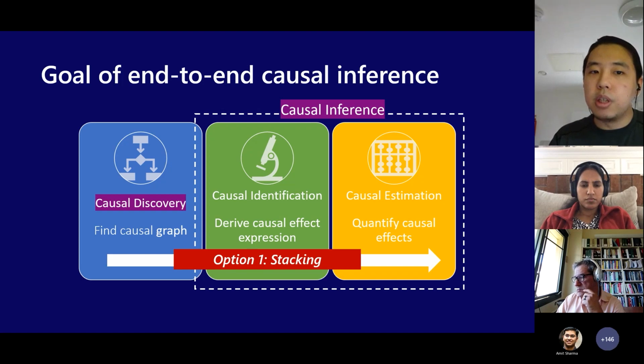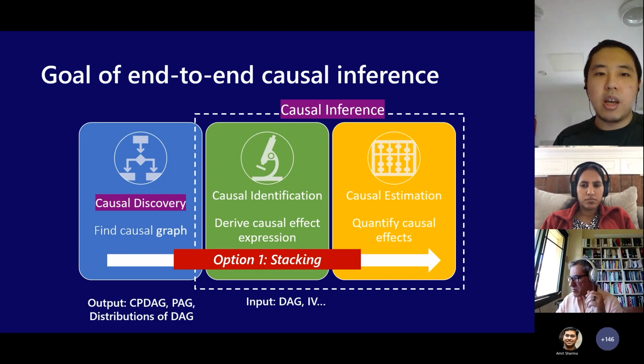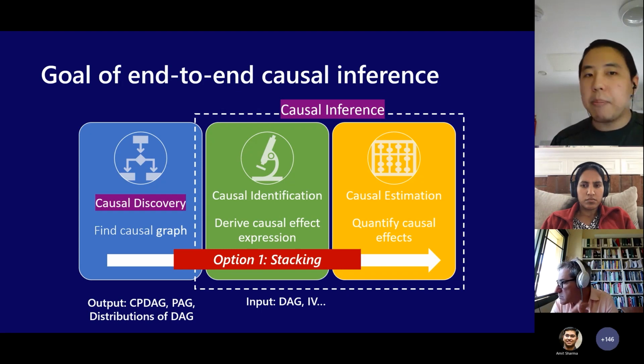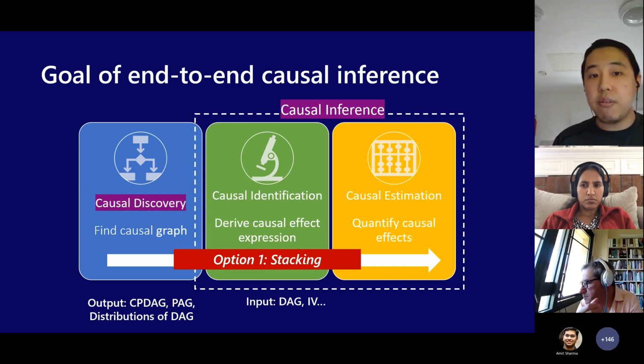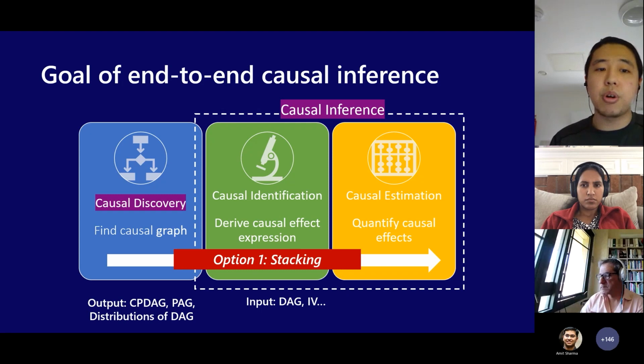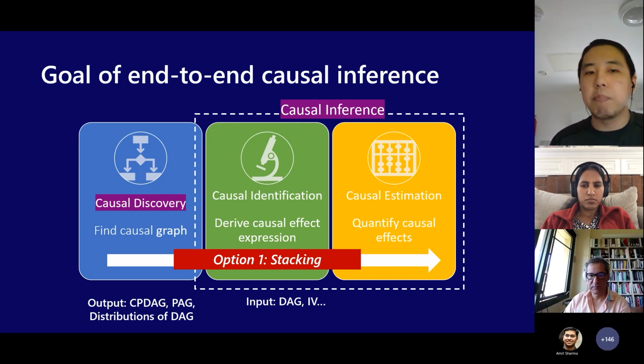But the problem with this naive approach is that it might cause mismatch. For example, the assumptions and the data format of causal discovery algorithms might be different from those of causal inference algorithms. So it might not always be best to simply combine them by stacking.